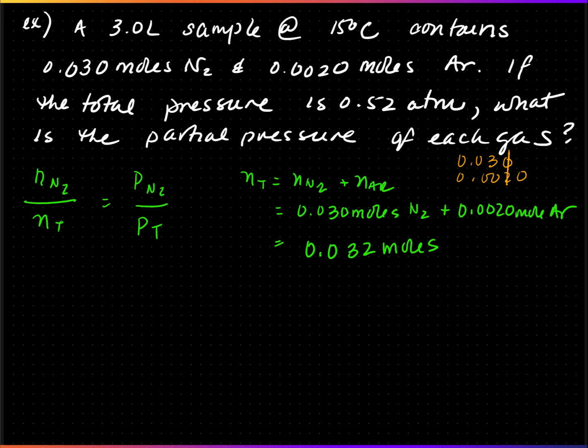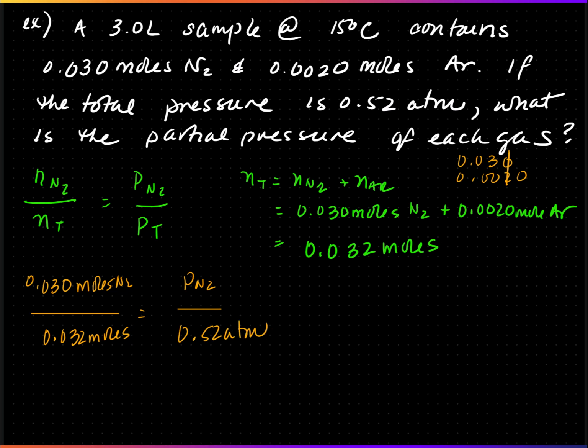So for N2, we know the moles of N2. The moles of N2 is 0.030 moles divided by the total moles, which is 0.032 moles. This is equal to the partial pressure of N2 over the total pressure, which was given as 0.52 atm. So if you solve the math, P of N2 is equal to 0.4875. To do sig figs, the top number here,